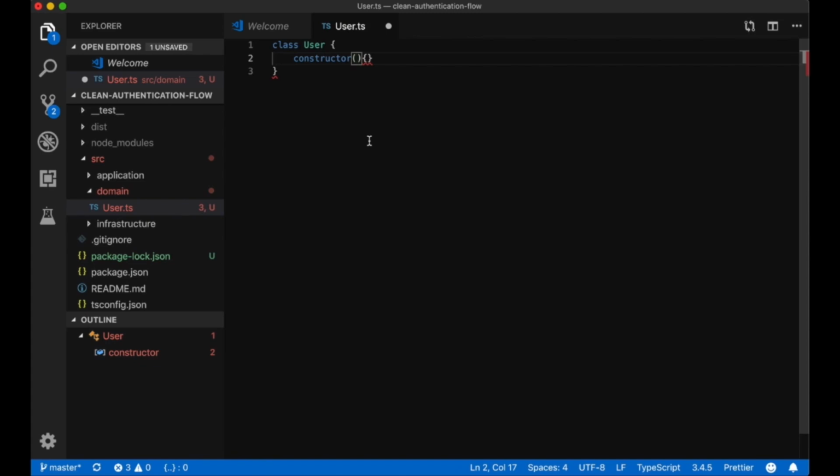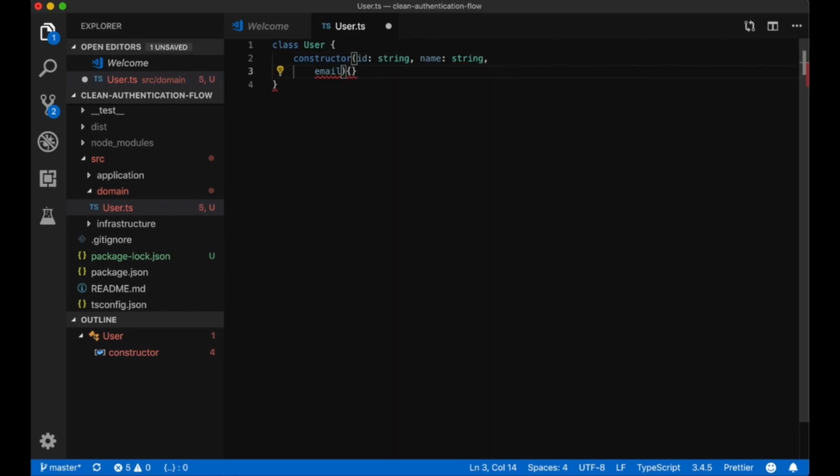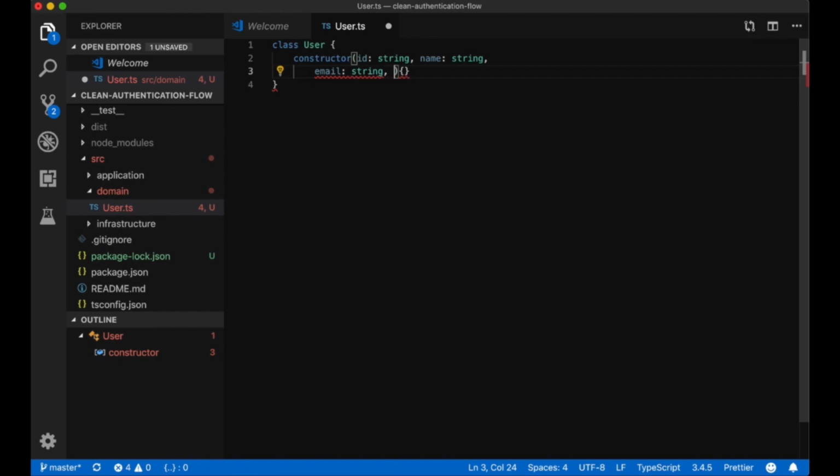We want an ID, string. We want name, email, password,